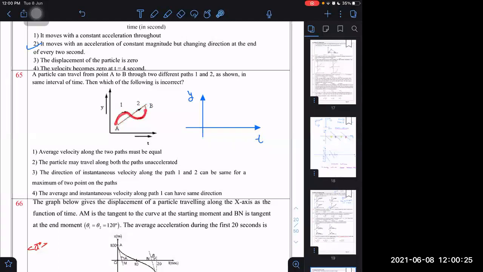But the first path is not, it is accelerated, sir. It has a somewhat upward parabola shape. So what I can think here, although these graphs are not right, actually, but you know what they are doing here? They are making a graph like this. It is an impossible graph. At the same time, a particle cannot be in two positions. Can it be in two positions? No, sir. At the same point, a particle cannot be in two positions. So ignore this curve which is turning backwards. Assume it is not turning backwards. Diagram is not right here. Okay.